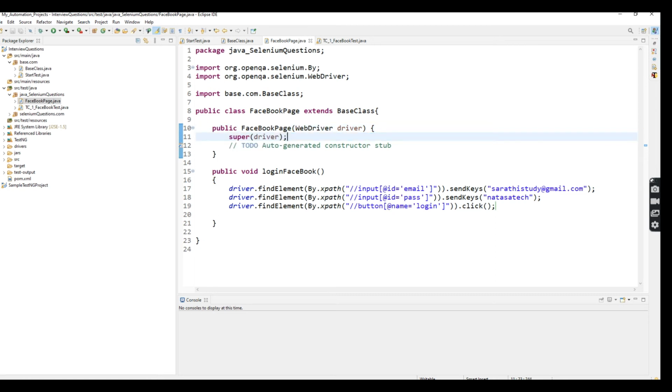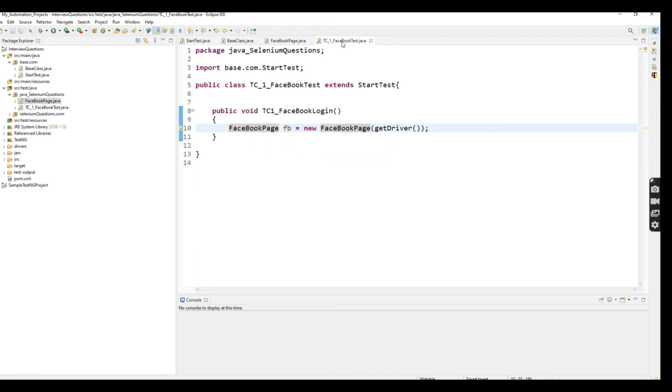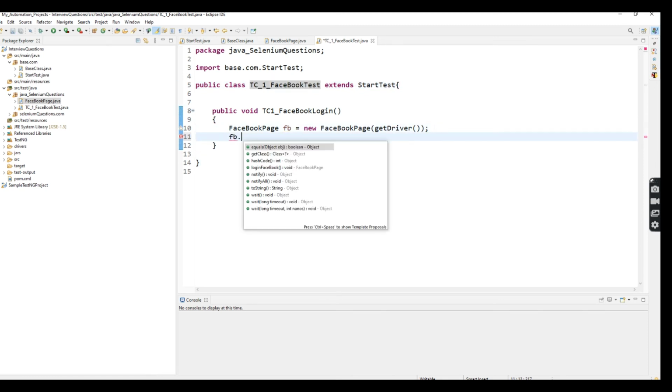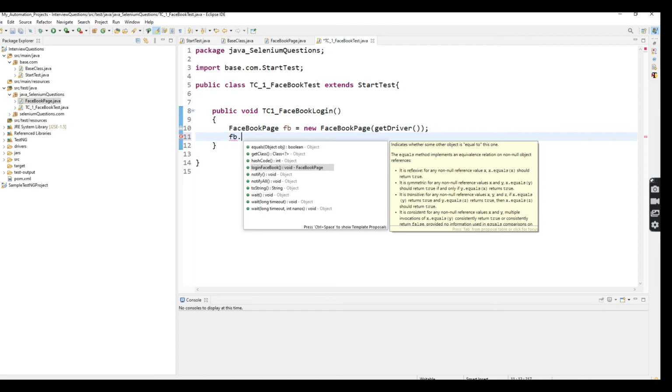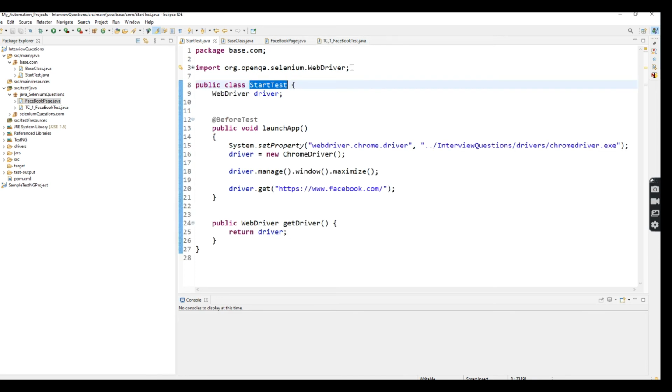So automatically it takes the initialization. Inside StartTest only we are returning the driver using the getDriver method. So inside the test class file we extend StartTest. Now StartTest is the super class and this is the subclass. Okay. So fb dot, here I'm going to perform this loginFacebook steps, right? Already I created one annotation inside the StartTest class file, which is BeforeTest.